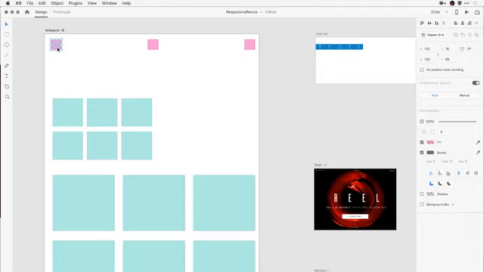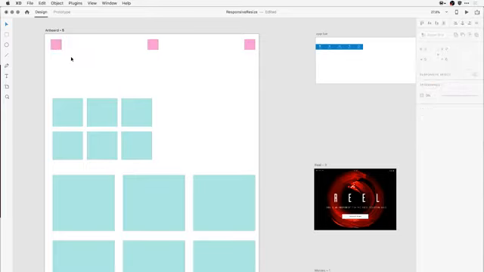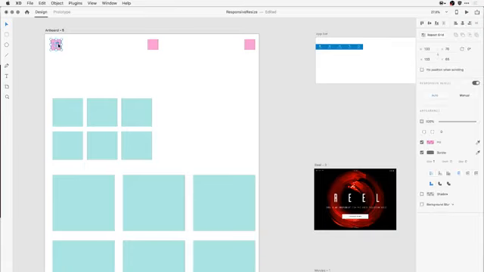I don't usually want to scale my icons. Buttons are another example: usually in your design, they remain a fixed size. A button may change its position in your layout, but it usually doesn't change in height and width. Once I've defined that, what I usually do as I'm building out responsive content is make sure that the object, for example this icon, stays pinned or fixed in its location to the upper left-hand side